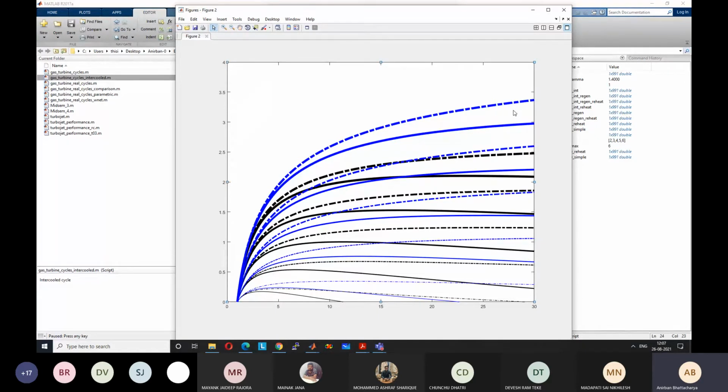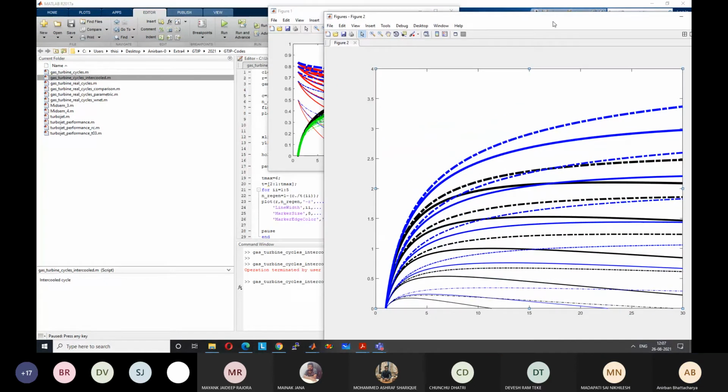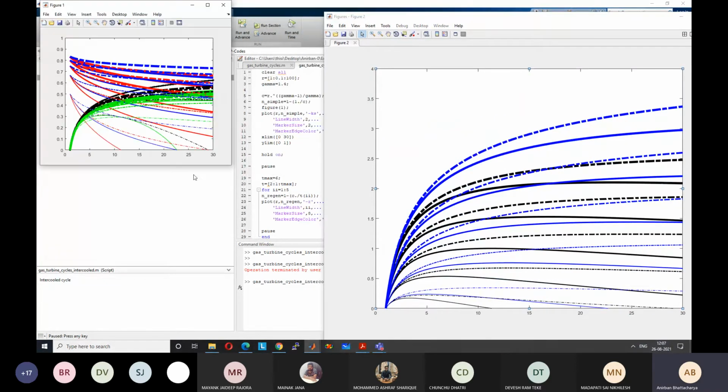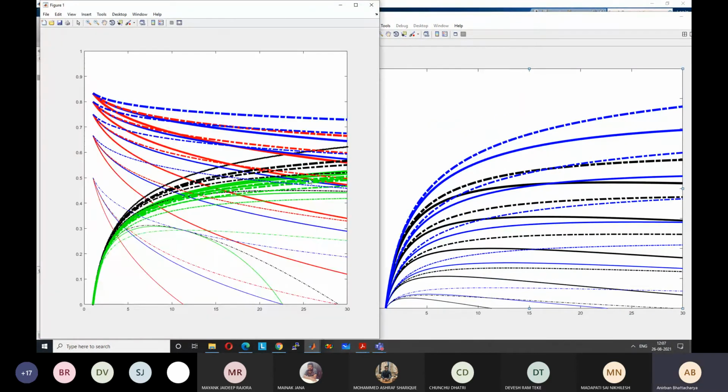So if you use reheat, regeneration, and intercooling, you get these blue dotted lines here, highest work output, as well as blue dotted lines here, which is the highest efficiency, up to even R equal to 30. In both cases, these are the most optimum values. Means for any practical range, you get highest efficiency plus highest work output with the final cycle. But obviously, the system becomes too bulky because so many extra devices are there. So only for very large scale systems, it makes sense.